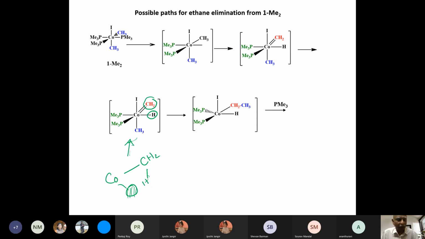This carbene hydride intermediate now has an anionic group and a neutral group, and it can undergo migratory insertion. I hope you're all paying attention. This will undergo migratory insertion where the methyl group migrates to the methylene group. So exactly the same thing that we have studied in carbonyl migration. Now you have methyl migrating to a carbene, and then you have an ethyl moiety on the cobalt. This ethyl moiety plus the hydrogen can attach itself together and form ethane.